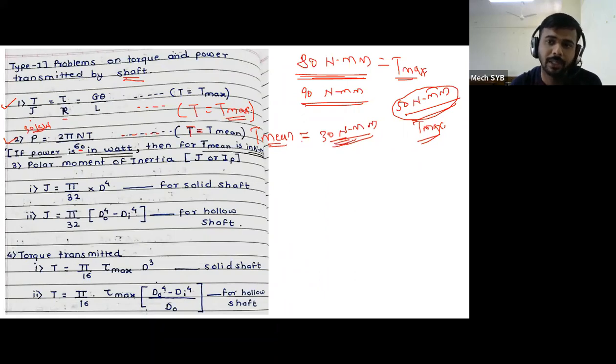Therefore, it can be easily transmitted. Therefore, please keep the difference between T max and T mean. T max represents the maximum torque